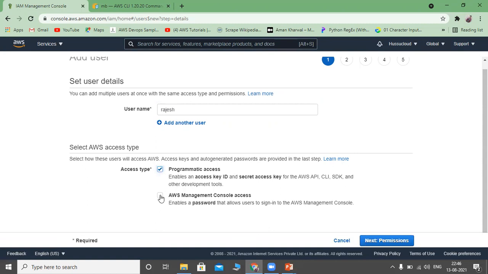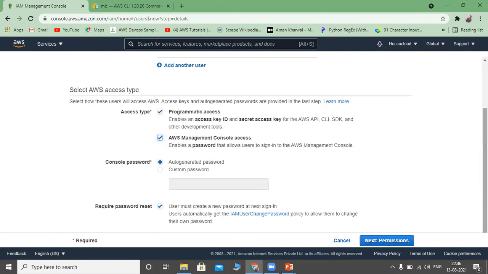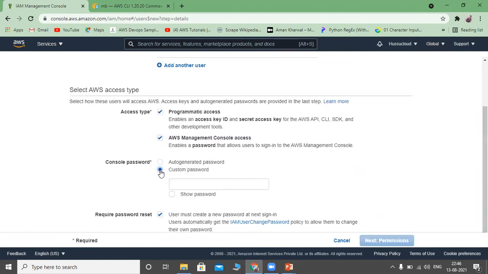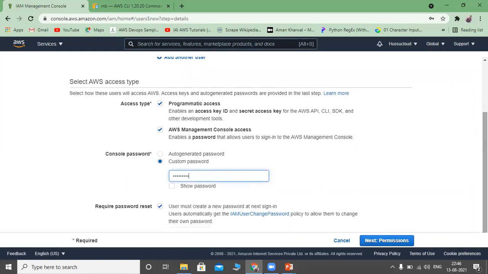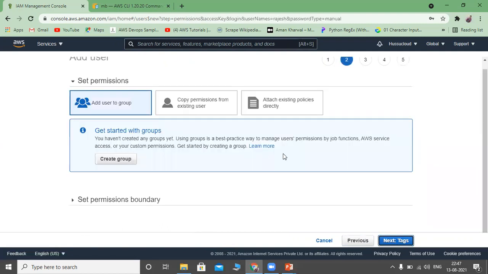Both I am giving access. And then I am giving some custom password. And I don't want to give reset password. If you want to give reset password, you can select this. As of now, I am unchecking this box, and then next, permissions.